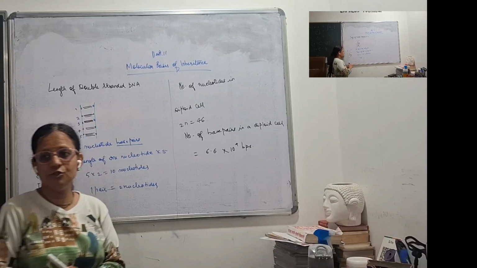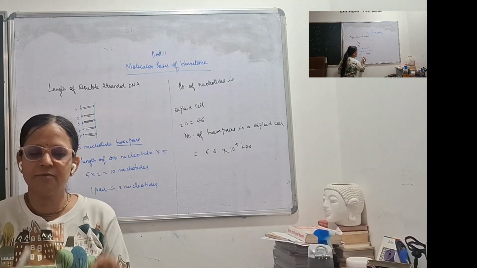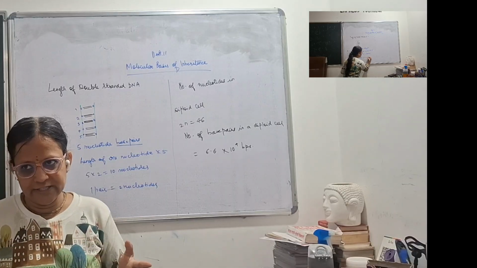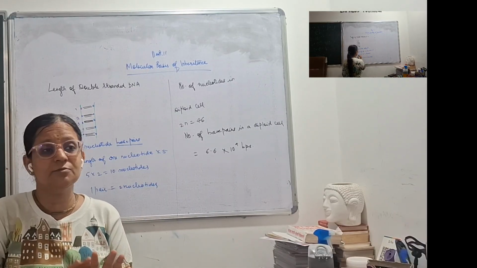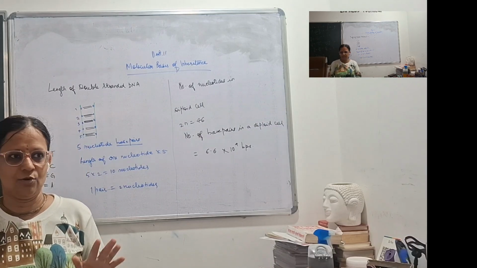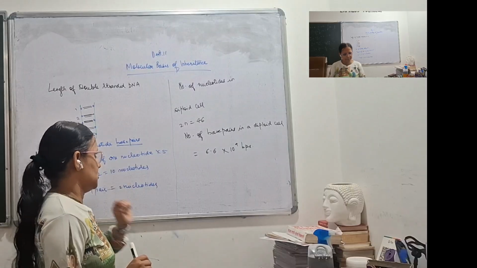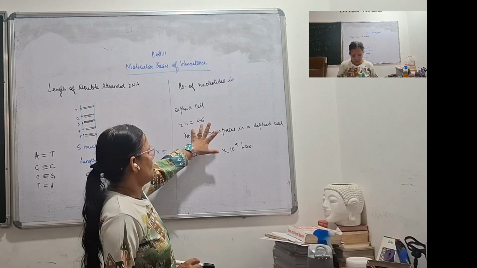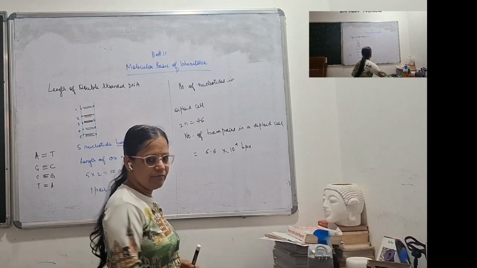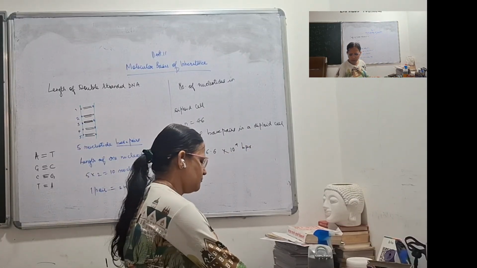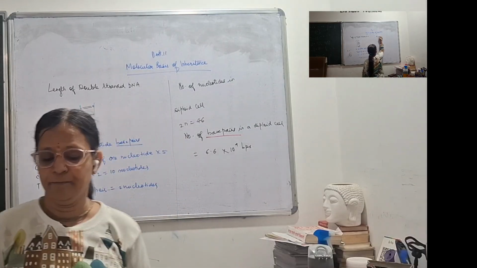Please do not get confused between base pairs and bases. When I say bases or nucleotides, meaning only 1, 2, 3, 4, 5, 6. Okay. When I say base pairs, meaning if I say 5 base pairs, meaning I am having 10 nucleotides or 10 bases. Right. So please be pretty clear with this. Now 2n is equal to 46. So it has been calculated that in a diploid cell, the number of base pairs is how much? The number of base pairs is 6.6 into 10 raised to 9 base pairs.